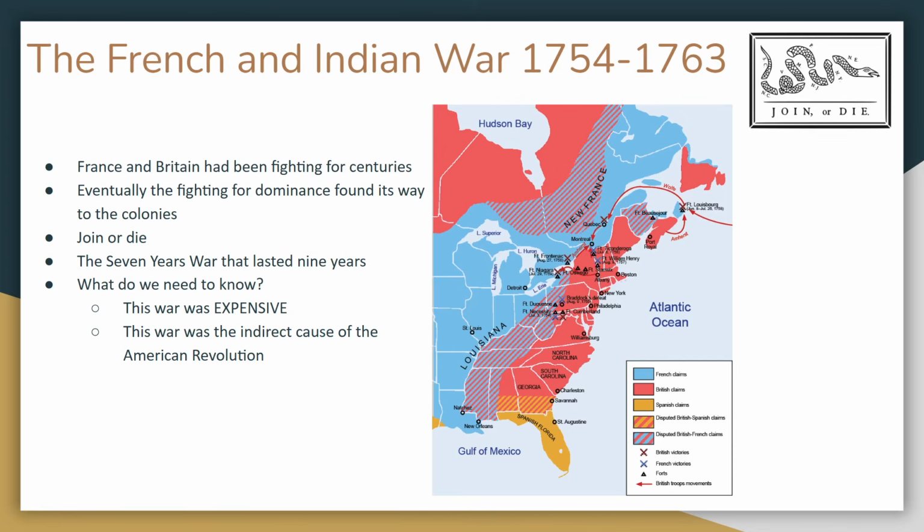I have join or die on here as a separate little bullet, because if you look up here in the top right, that join or die flag, that thing that you see people misusing all the time, that was like the first political cartoon ever. Benjamin Franklin drew that in 1754, and if you see, the head of the snake is New England, and then we have almost all of the other 13 colonies. If you look, it's minus Georgia and Delaware.